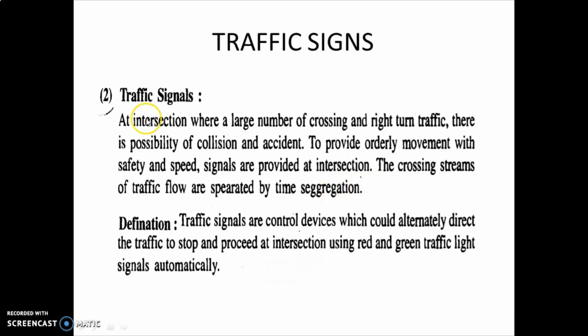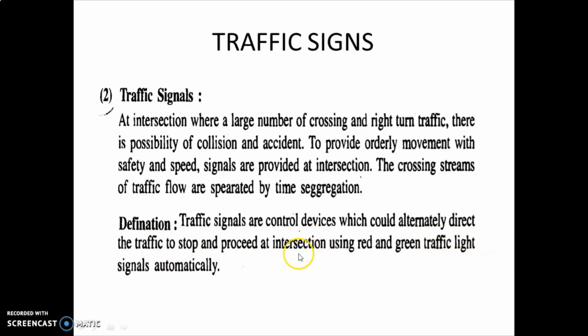Now traffic signal. At intersections where there is a large number of crossing and right turn traffic, there is possibility of collision and accident. And to provide orderly movement with safety and speed, signals are provided at intersections. Okay, so the crossing streams of traffic flow are separated by time segregation. What is the definition? Traffic signals are control devices which alternately direct the traffic to stop and proceed at an intersection using red, green